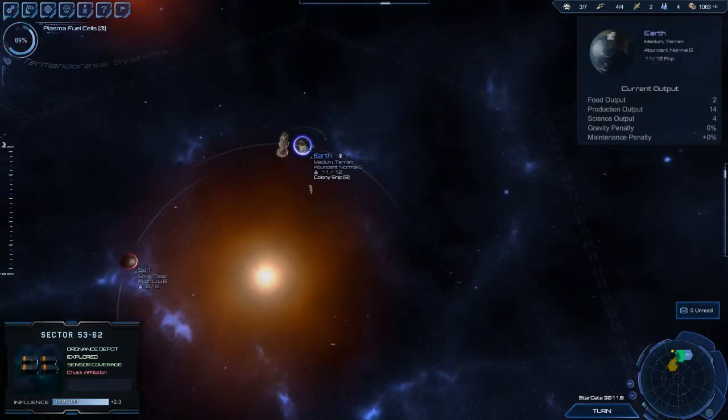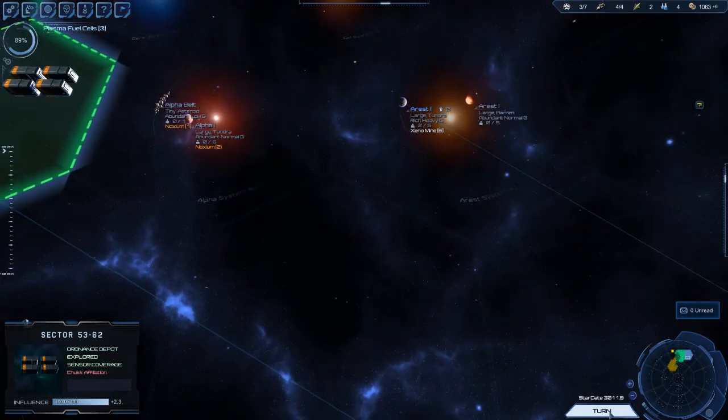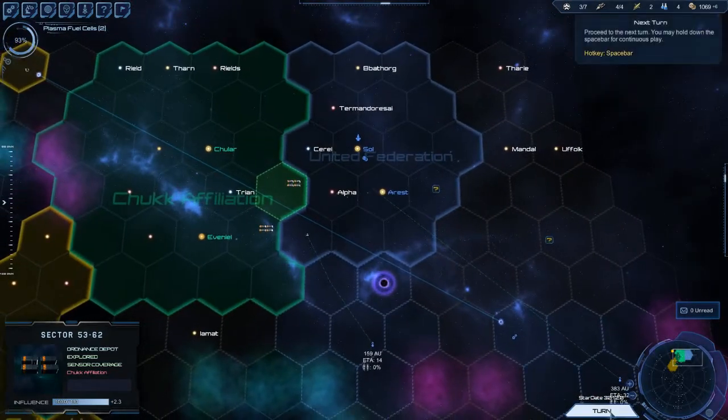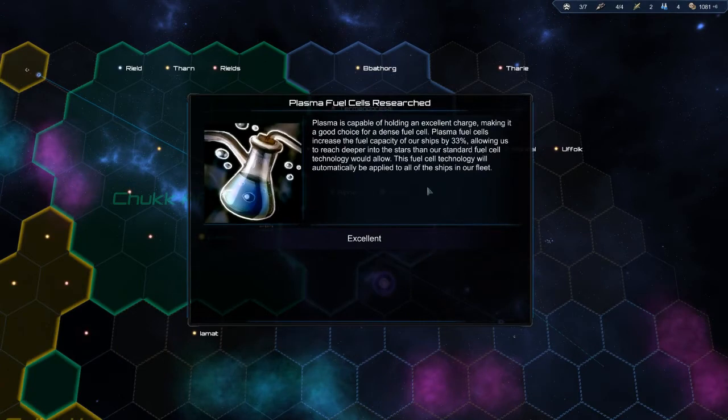Let me just have a quick look. So the colony ship's 8 turns away, and the Xenomine is also 8 turns away. So our influence is so...